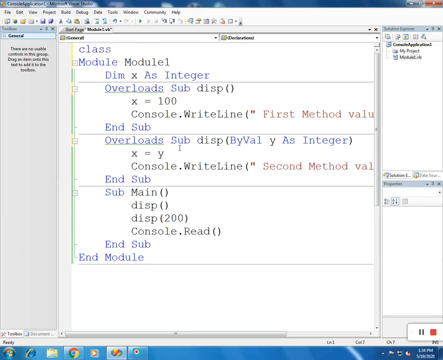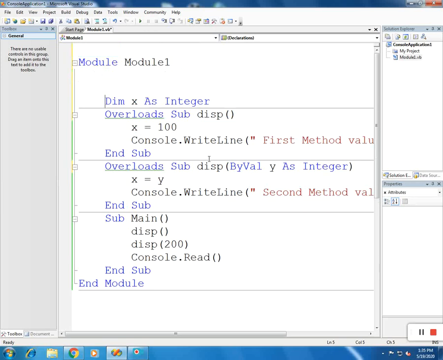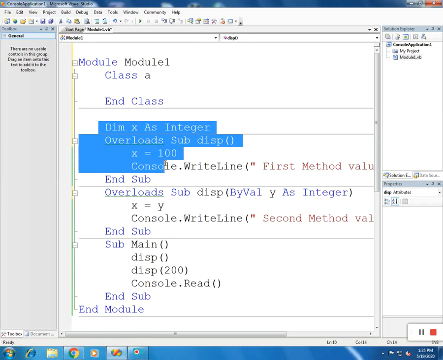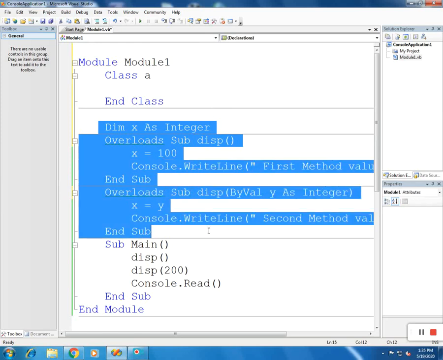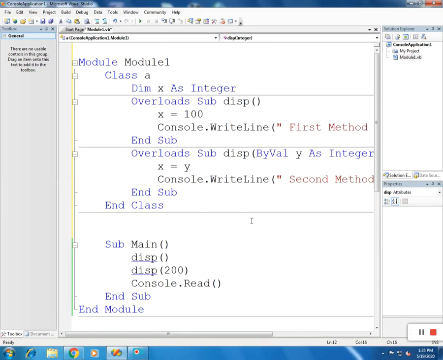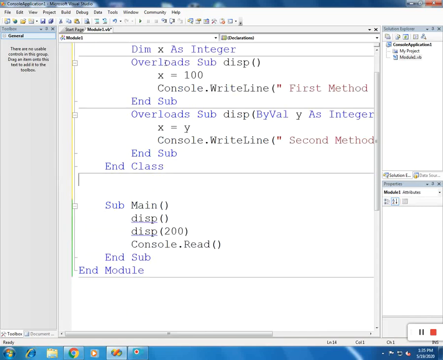Let us take one class, Class A, and write the whole thing within the class. Now this Overloads keyword is supported here.